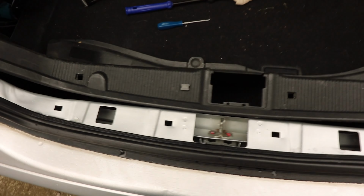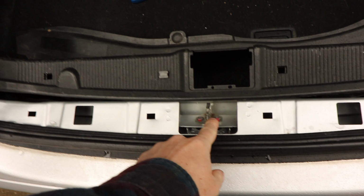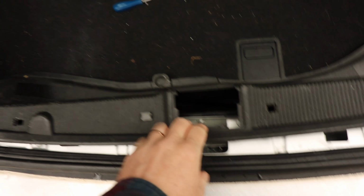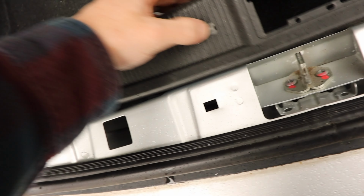Okay, next day we're working in the rain because we live in England. So I've removed, there's a little section around where the boot latches. You can just pull that out with your hands, and then obviously I've removed this already, but basically it has 1, 2, 3, 4, 5, 6, 7, 8 of these style fittings, so they'll look like that when you get to them,